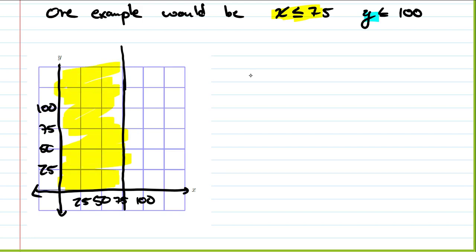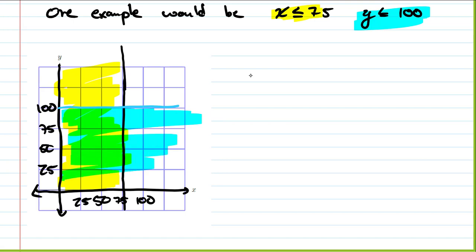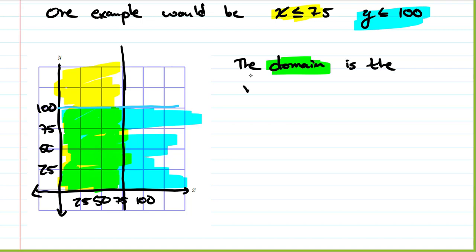And I know that y has to be less than 100, so that's going to be here. So that would be everything below that. The domain is what is in green here, is the intersection of those two sets. So we knew it had to be bigger than 0. So this part right here, this rectangle, so the domain is the rectangle